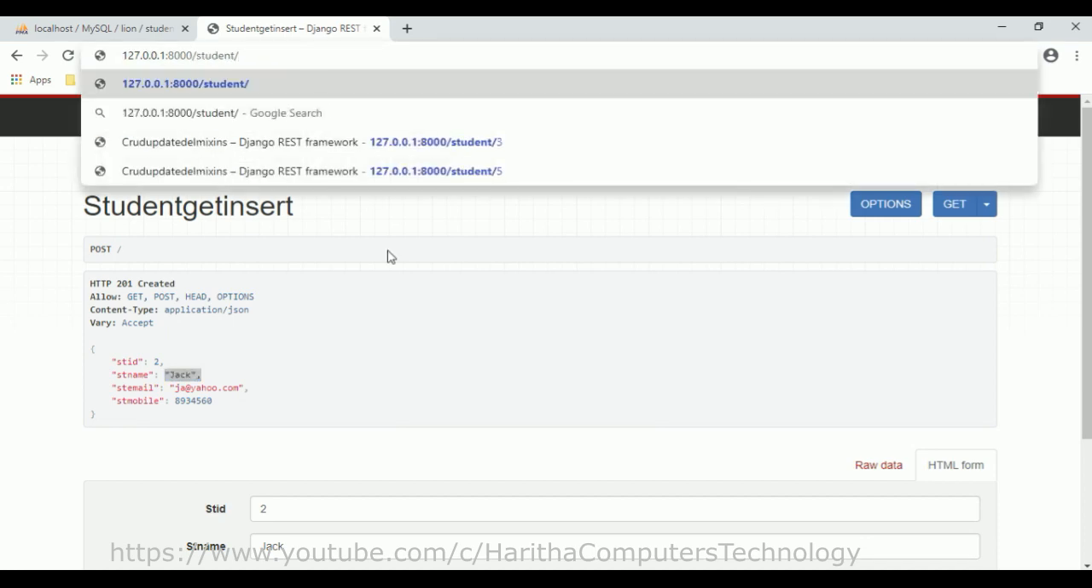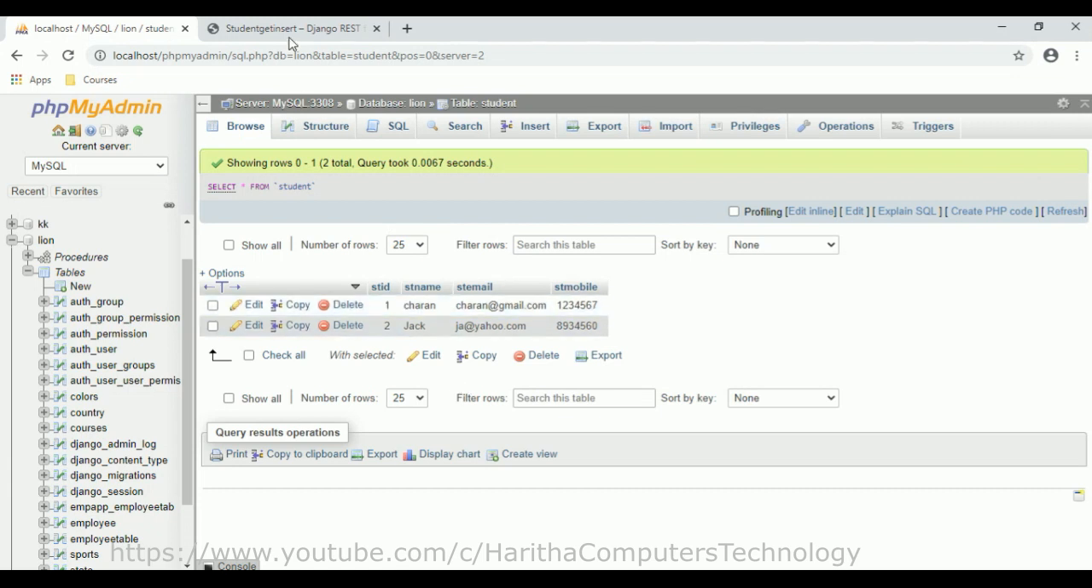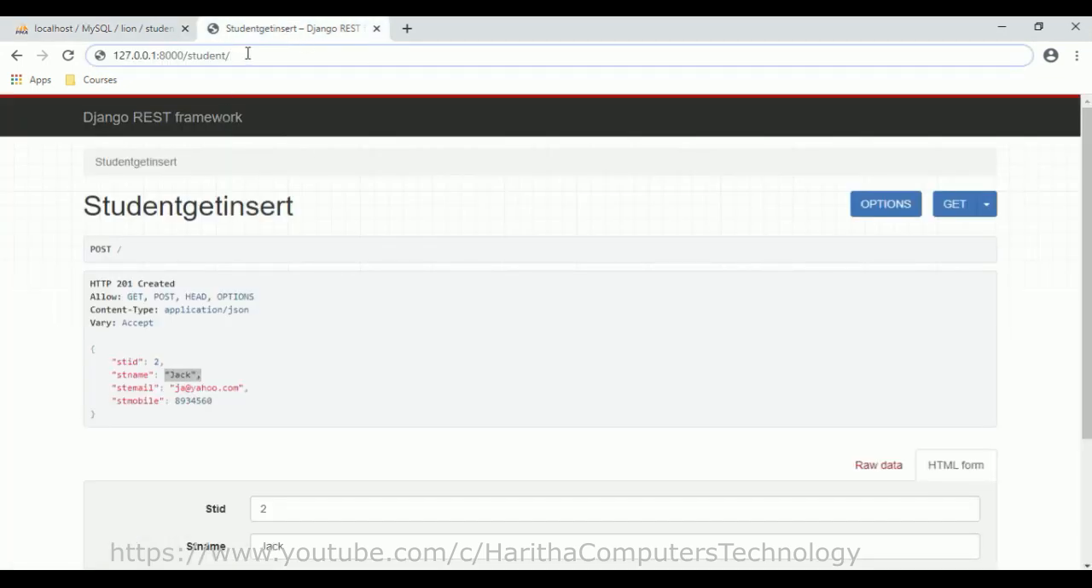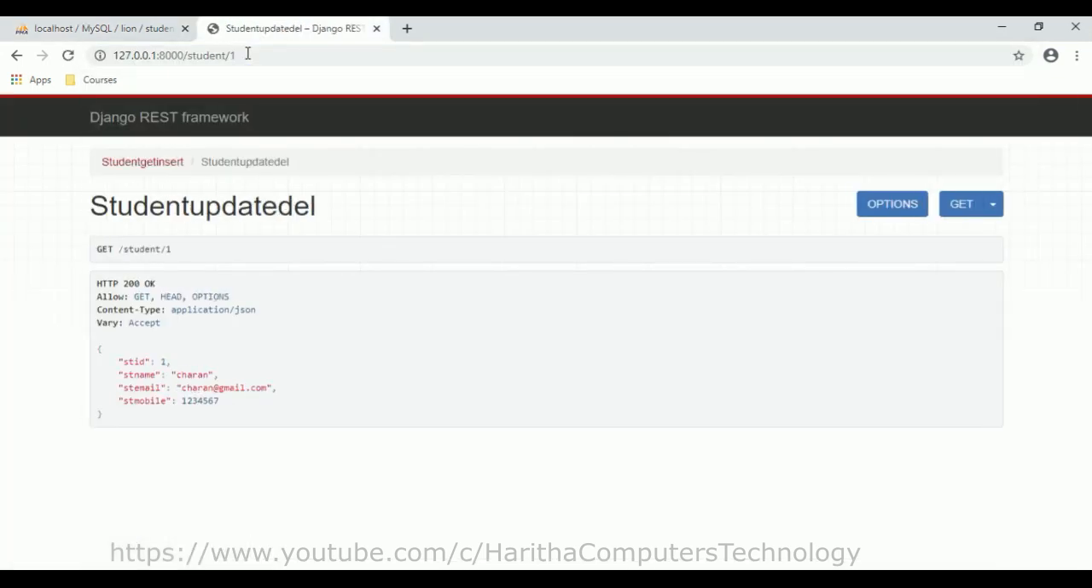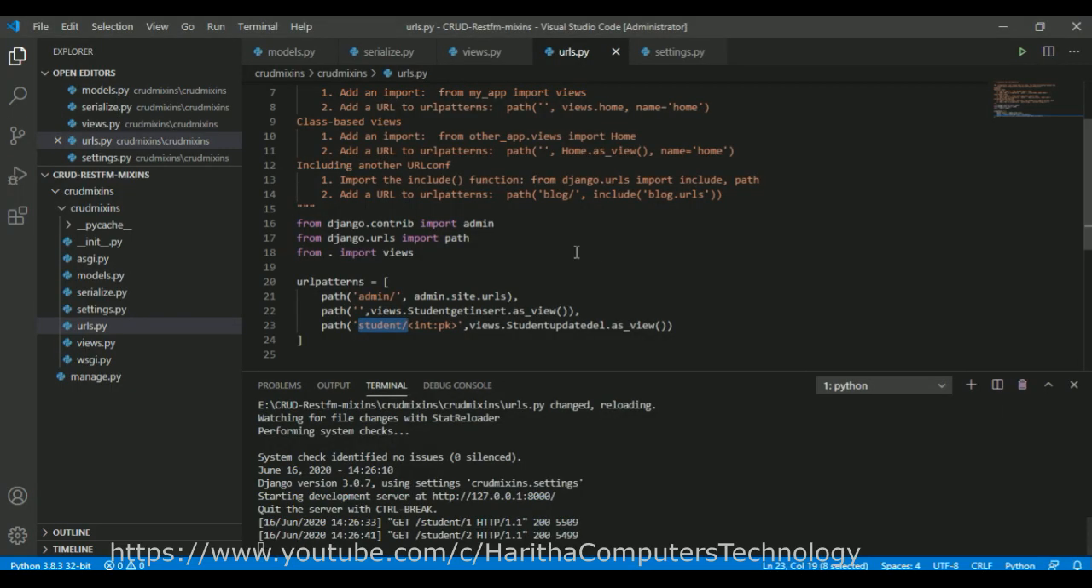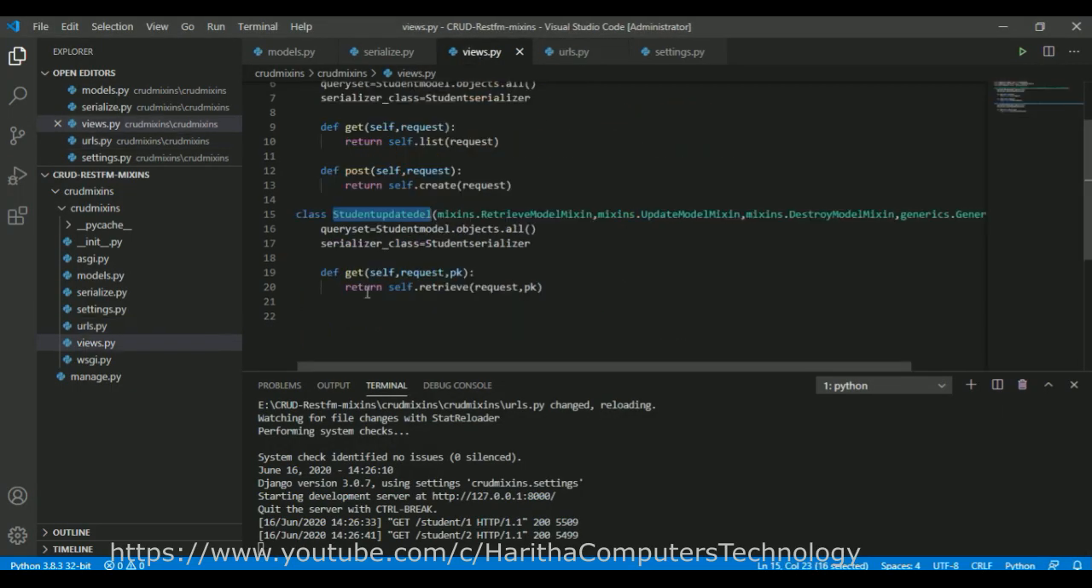record. If you notice, in our table we have two records. If I click 1 here, see here we got the student 1 details, get student 1. If I click 2 here, we got the student details 2. Now let's update. Go to views, to update the record